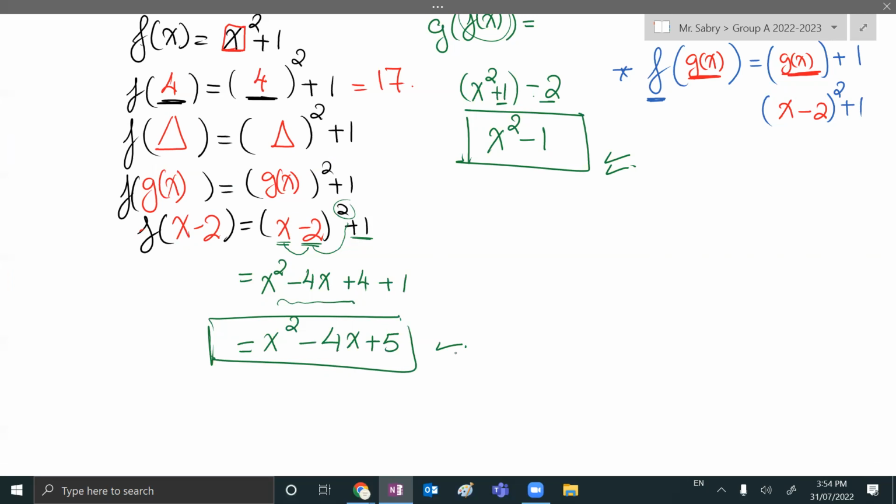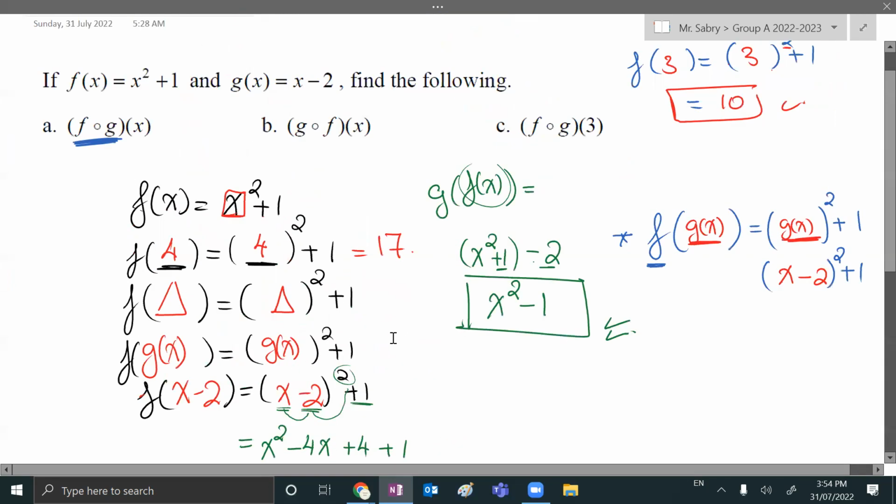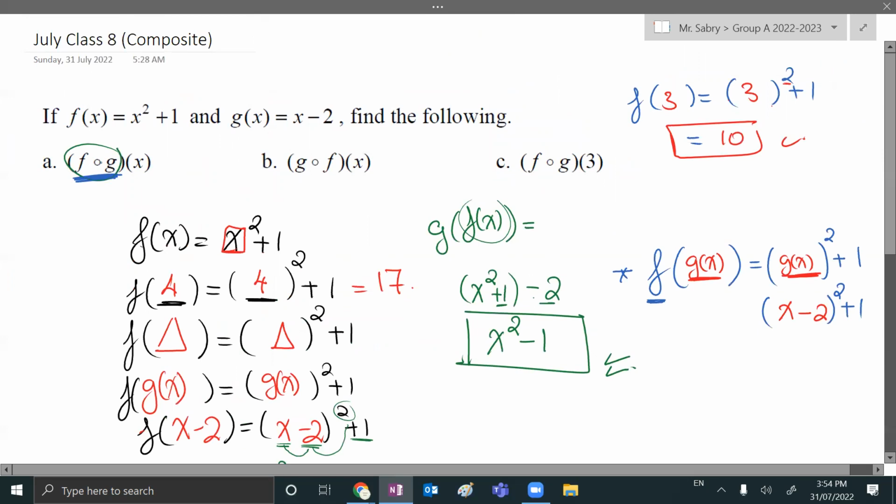طيب there are two ways to write أو to represent f of g of x دي. الطريقة دي f دايرة مفتوحة g of x دي معناها إيه؟ هي بالظبط f of g of x. يعني دي معناها إن أنا هاخد الg وأدخلها جوه الf. طب دي g o f معناها إيه؟ معناها إن الg of f of x. يبقى أنا هروح للفانكشن g واشيل الاكس بتاعتها واحط مكانها الاف اللي هي دي. طيب f of g of 3